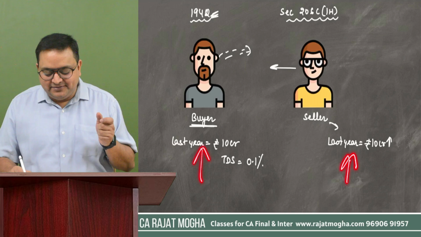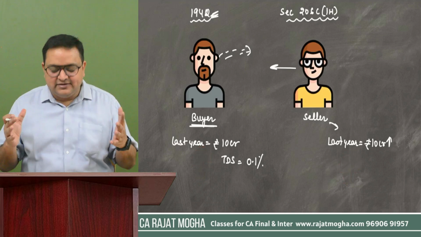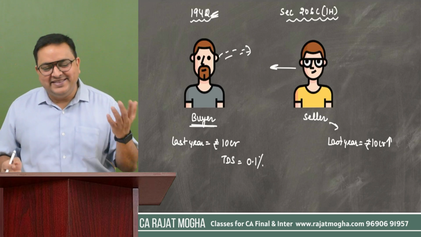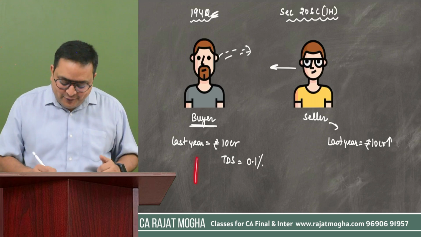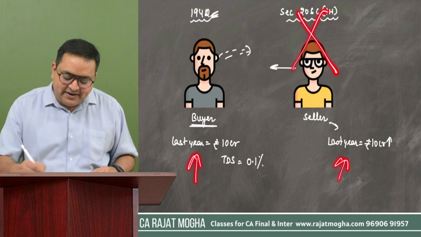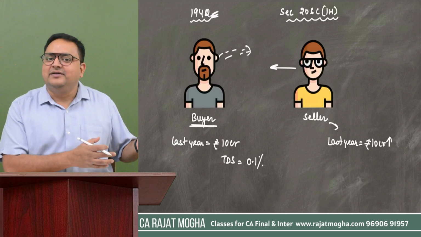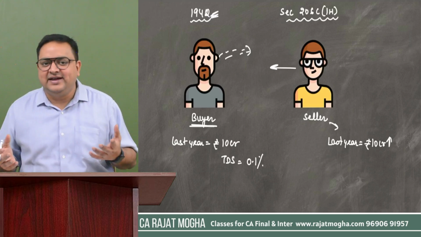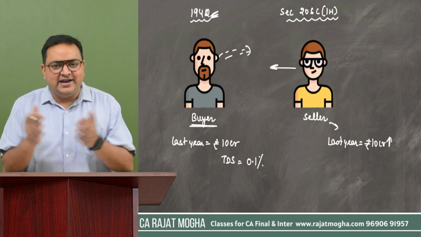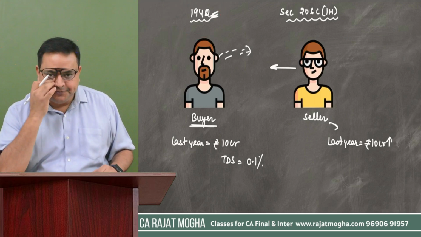Among TDS and TCS, which is a much stronger section, or you can say which is the lengthier topic? TDS, right? So you can learn it this way: if both the buyer and seller turnover is more than 10 crores, in that case, this TCS provision will not apply. Only TDS will apply. Correct? So TDS is stronger. We have taken so much time in revising TDS, but TCS has not taken that much time. So if these two sections clash between themselves, then 194Q will win. 194Q will apply. Got it?